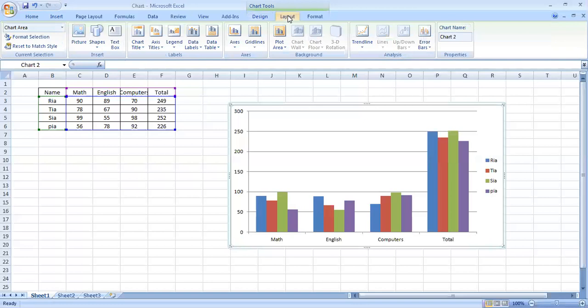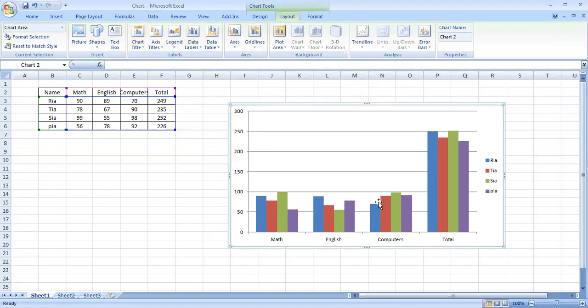So these are layout. Again, I am telling, as I have this version, layout is appearing in this format, as you can see on screen. If you have a different version, it may appear in a different way. But don't look at appearance. You just try to find the tabs which I am explaining to you. So in layout, the first thing you are going to learn is chart title.